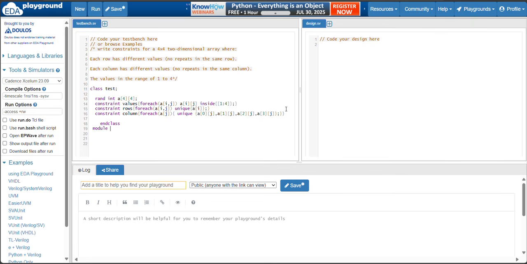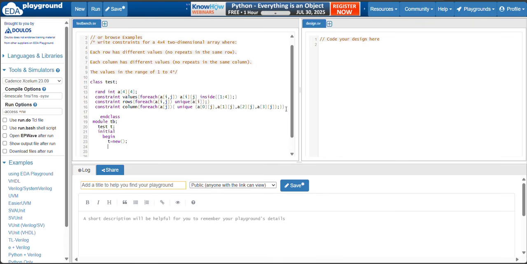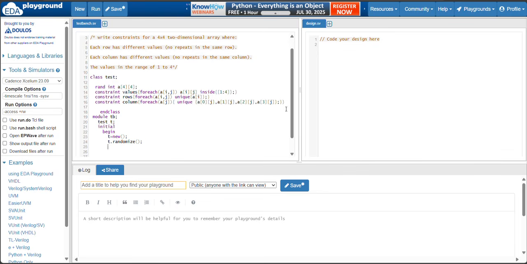Let's declare the module to randomize the class. Test t, initial begin. t equal to, I am creating the object, t equal to new. Randomize the class. Let's display all the values.